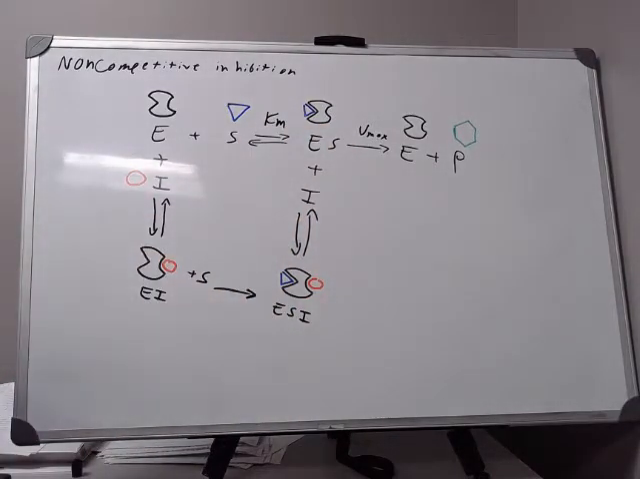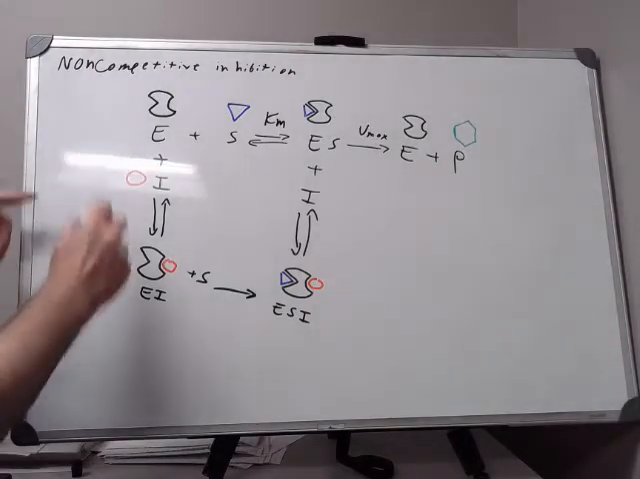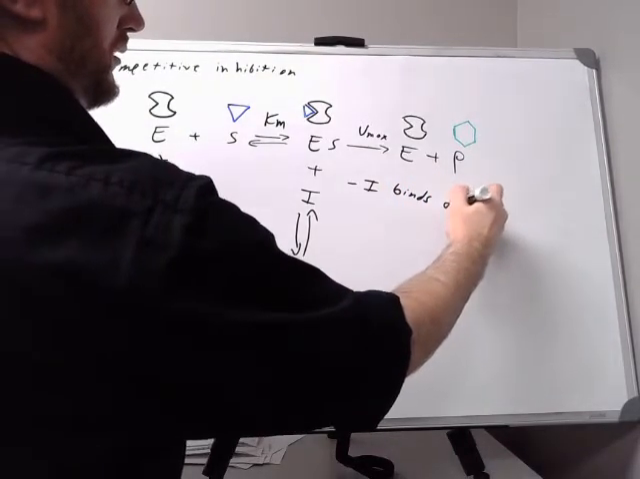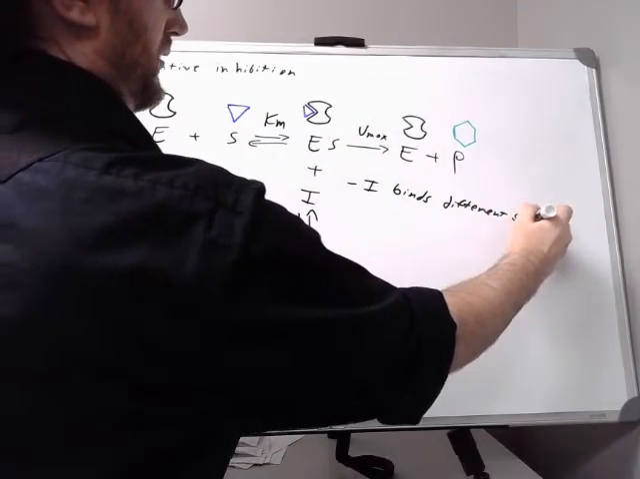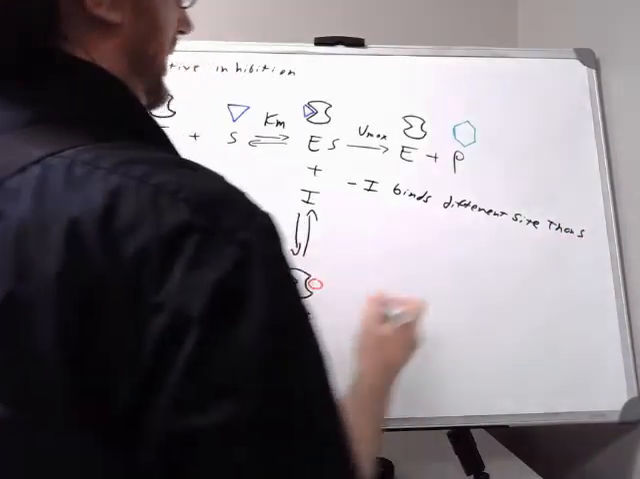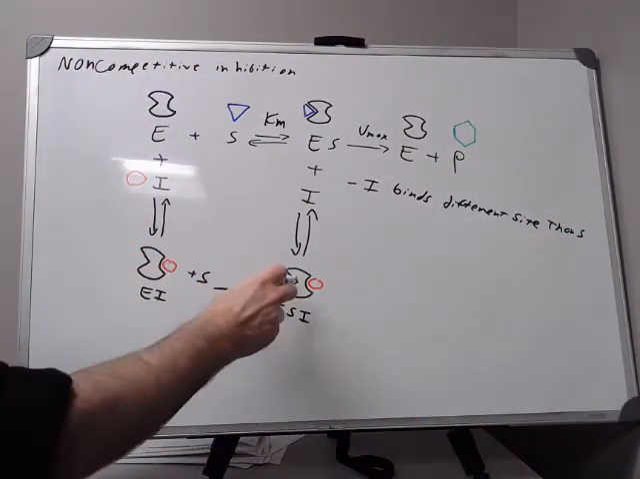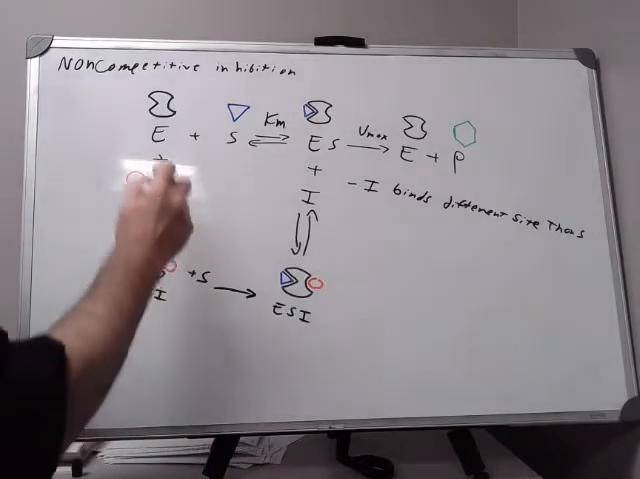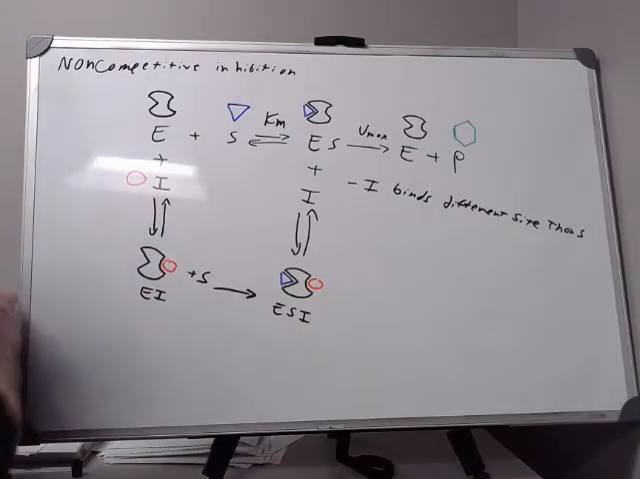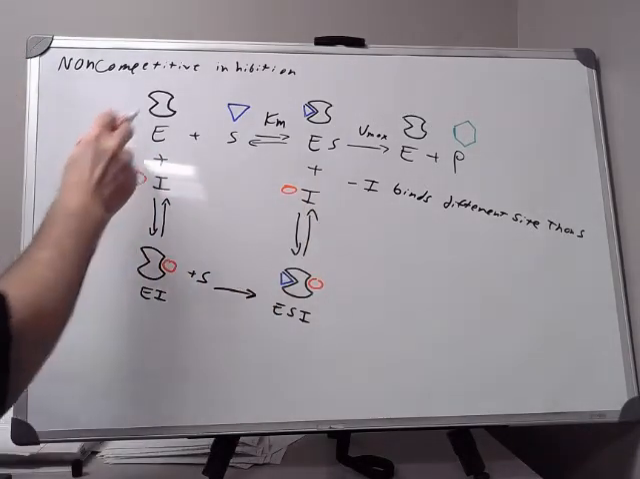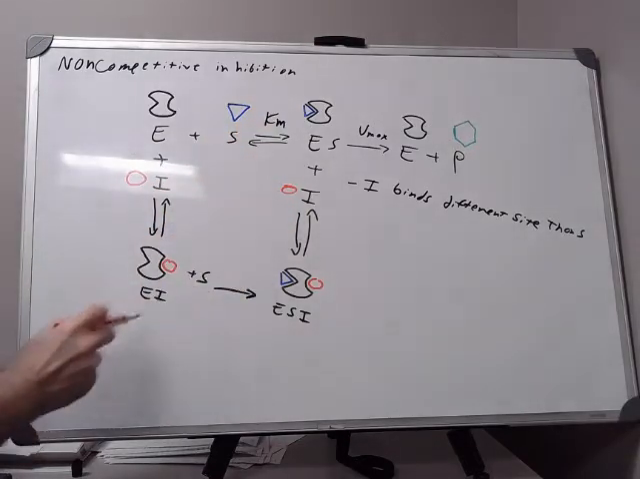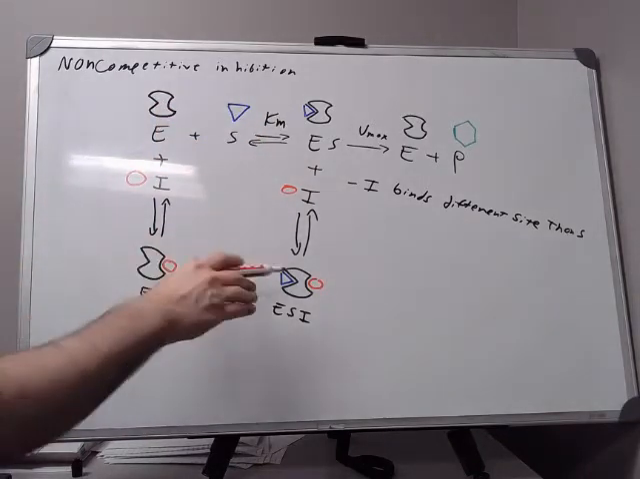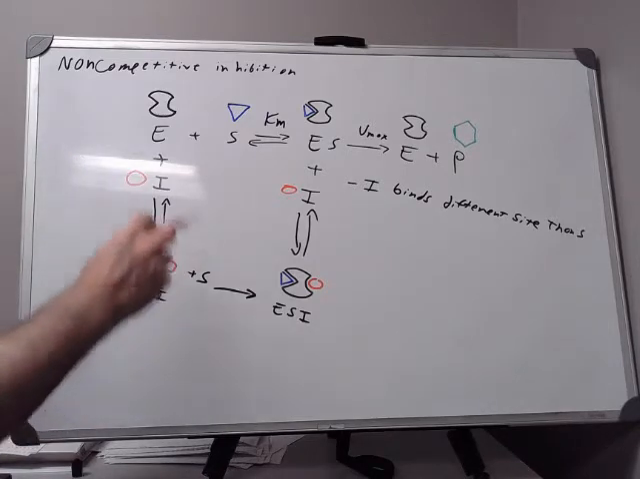And so with the non-competitive inhibition, I binds at a different site than S. And when the inhibitor is bound, we cannot convert the substrate to the product. And so we can bind the inhibitor at two different steps, either when the enzyme is alone or when the enzyme is bound to the substrate, so that we can pull both the enzyme and the enzyme substrate complex down here to this inhibited state where we cannot produce product. And so because the binding is unaffected,